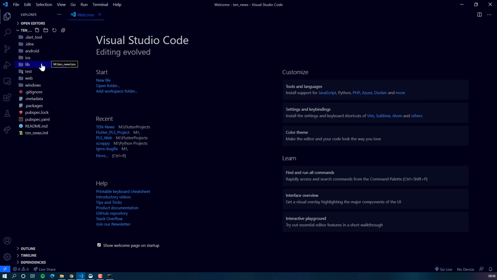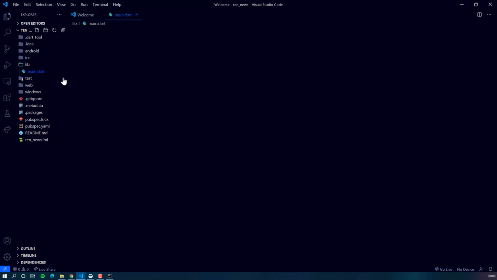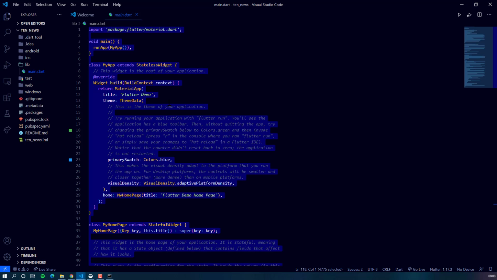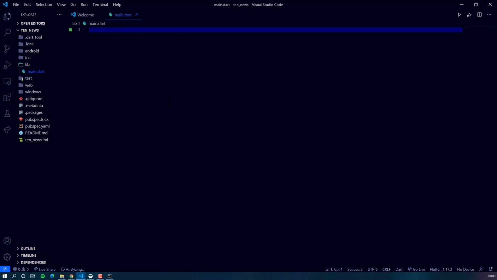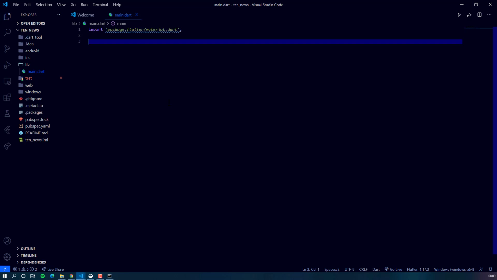Now here is our new project. In the lib folder in our main.dart, we will remove all the default code and first import material. Now we would call our main function, which would return a runApp function.